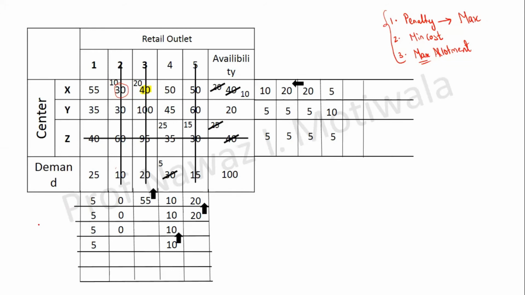Next iteration again, we need to find out penalty. So penalties are 5, 10, 20 and 5. So now again it is crystal clear that the maximum penalty is this 20. So this column will be selected, and in this column, the allocation will be done as this particular 35. And if I want to allocate at this 35, what will be the allocation? 20. So 20 allocation is done. Counter effects, this 20 will go off and this will become 5.